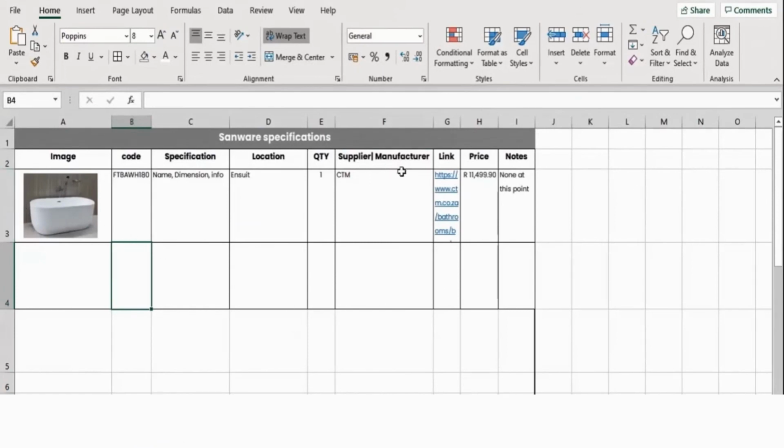So as you can see in the first line, I've started off with the bath. Remember, I'm in my sanitary ware specification tab. So I'm allocating every element of sanitary ware in this document on this tab. I started with my image. I then added the code. Then I added the specification. I'm then adding a location, so where it's going to sit on my project, the quantity that I'm ordering, the